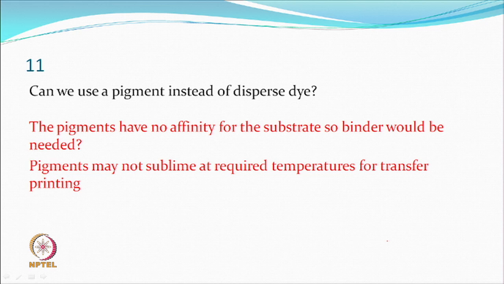It sublimes. A large number of pigments may not be organic, they would have nothing to do with sublimation. A large number of pigments may be metal complexes, organometallic dyes, they may not like to sublime, and so if they do not sublime, then you can't do it. And other thing is, generally pigments have no affinity, so normally you require a binder. If they had affinity, then they would be dyes, they would be called dyes, then there is no pigment problem. So, they may not sublime at the temperatures required, at least the organic pigments, and so you may not be able to do that.